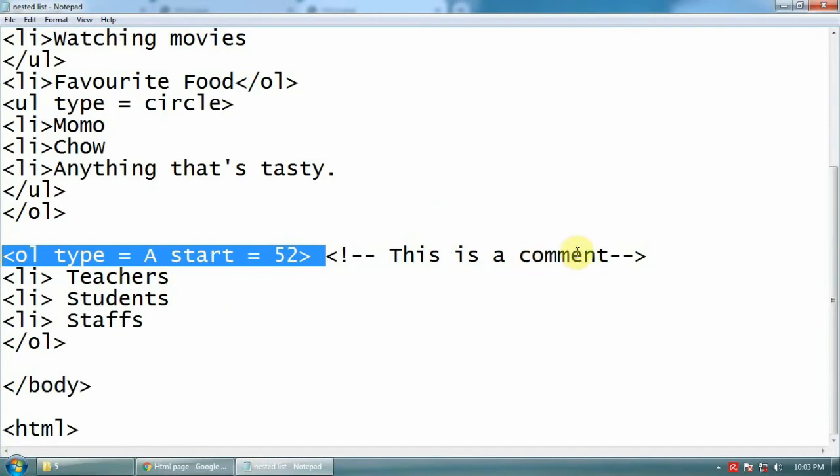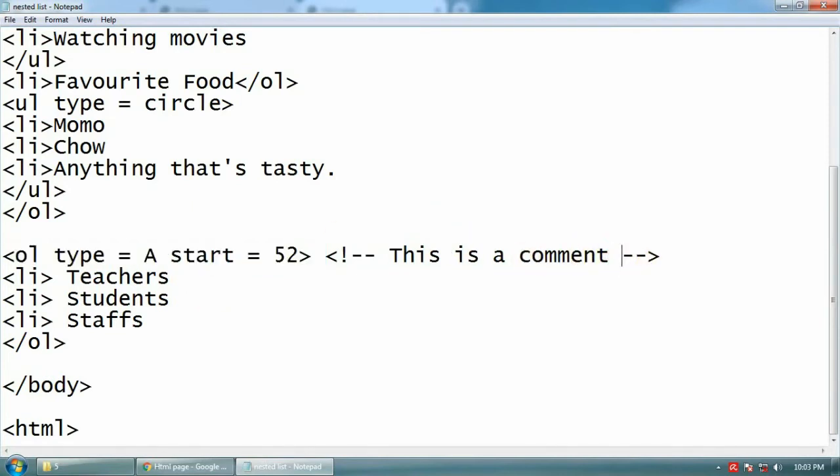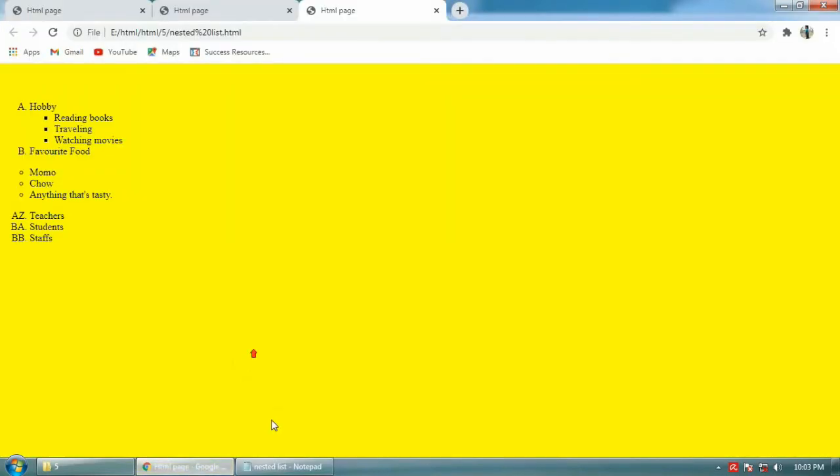So what will happen, when I create an HTML page, I will write a comment for you, so that when you open this with your text editor, you will understand, okay, this one is used for so and so. That's the reason why comment is used, and this comment is visible only with a text editor like Notepad. This won't be visible in the browser. Here you cannot see that comment portion.